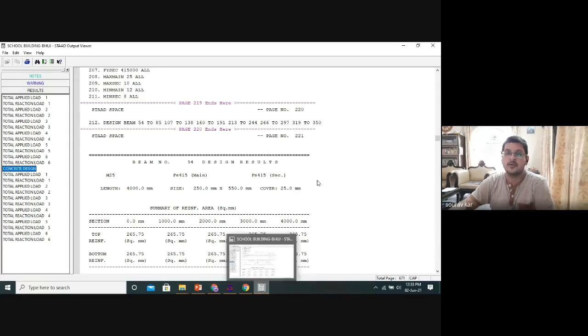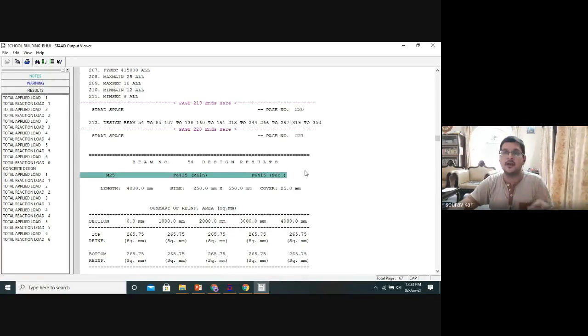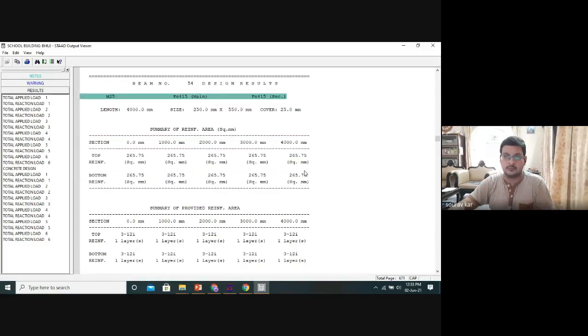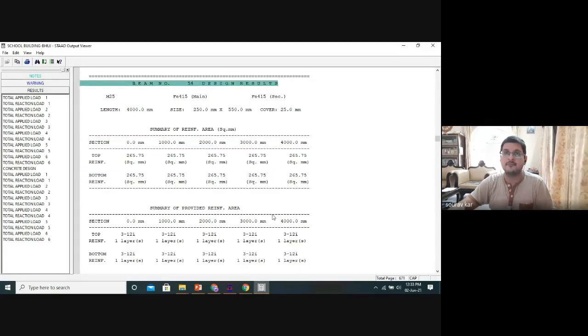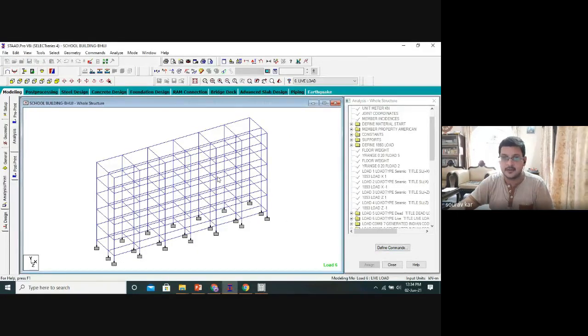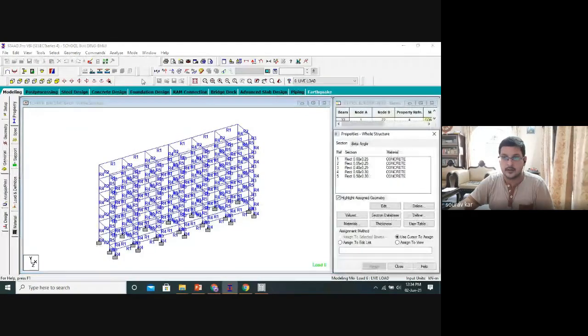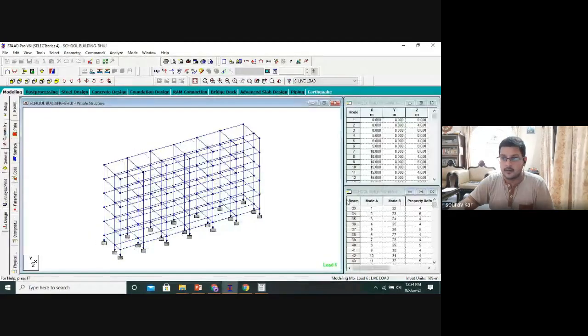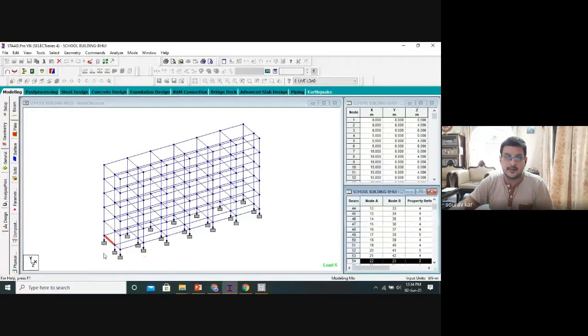Now you want to check the reinforcement for any particular beam or column. So beam number 54. Go back to the STAAD file. I have to go to beam number 54. Yes, this is beam 54.